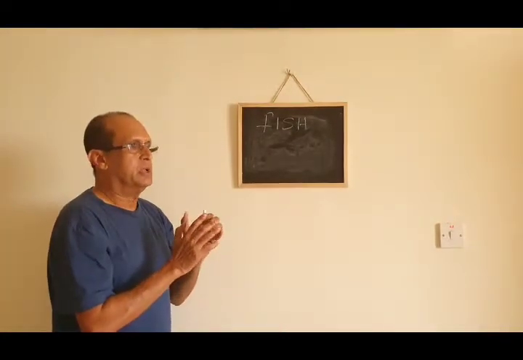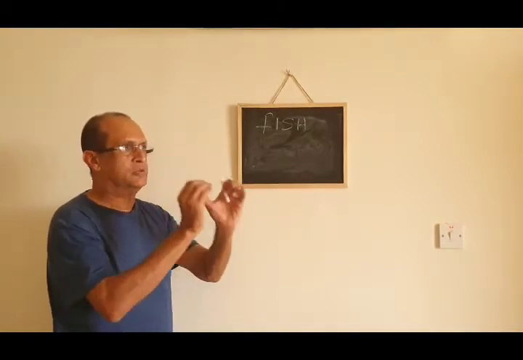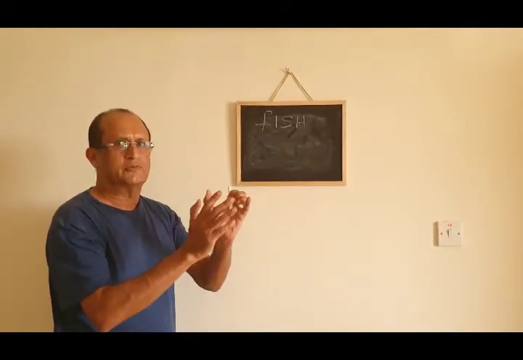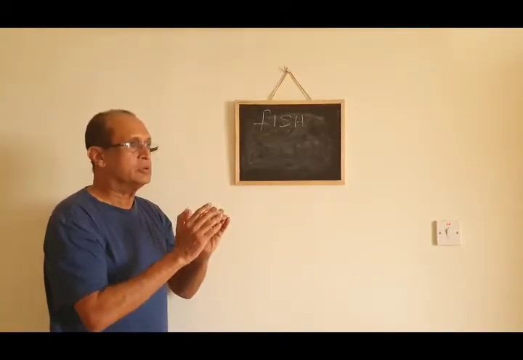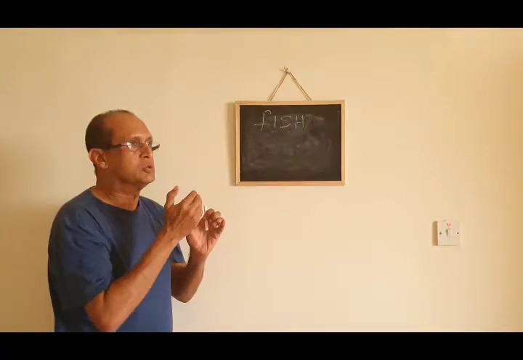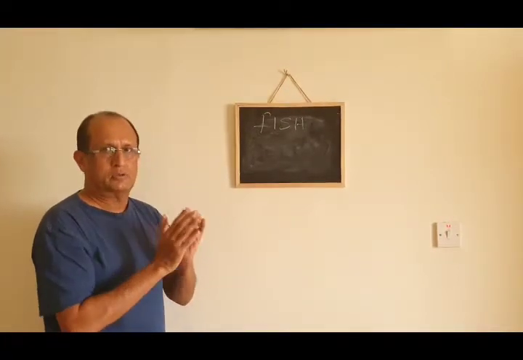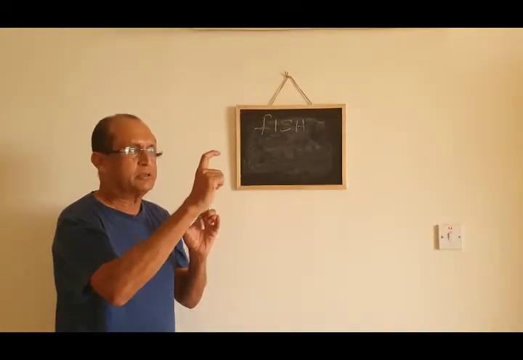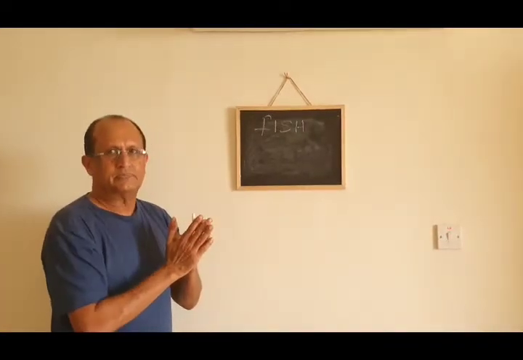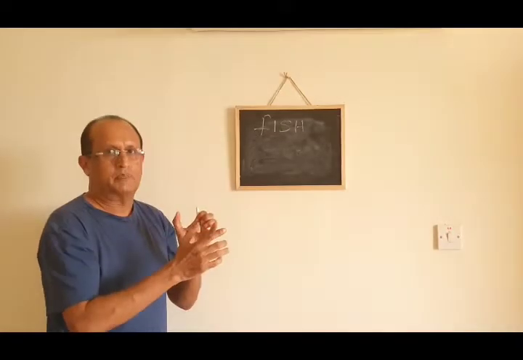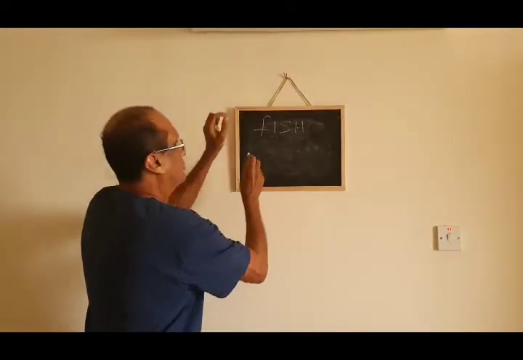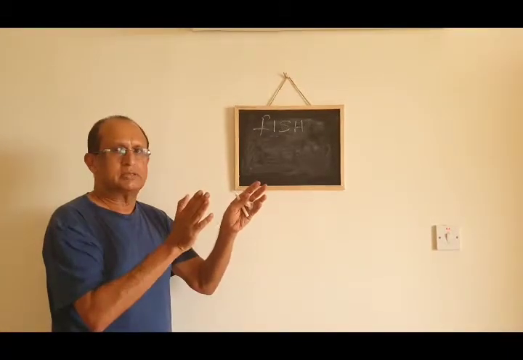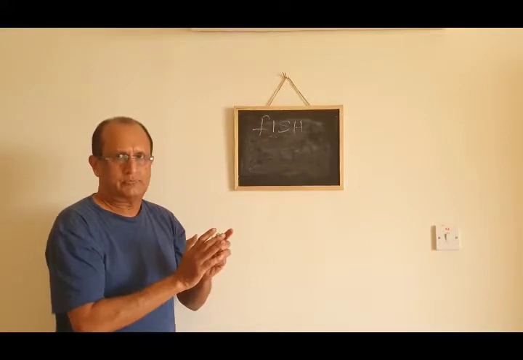In the FISH, for example, you take CML. In CML, you have found out by cytogenetics that there is a Philadelphia chromosome. And now your task is to find out what is the molecular abnormality in that Philadelphia chromosome. That can be carried out by the FISH. So FISH is concentrating on a particular part of a particular gene, or a particular part of a chromosome. For example, PH chromosome. Now you are looking with the FISH technology whether the BCR-Abelson rearrangement has happened or not.